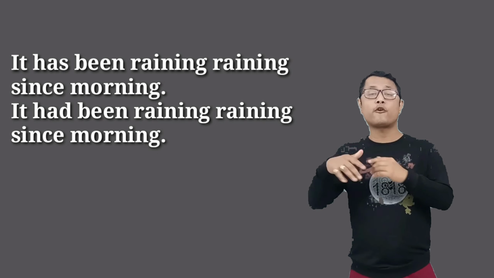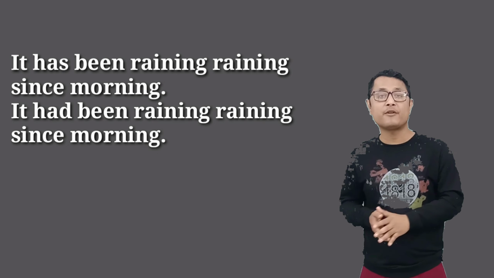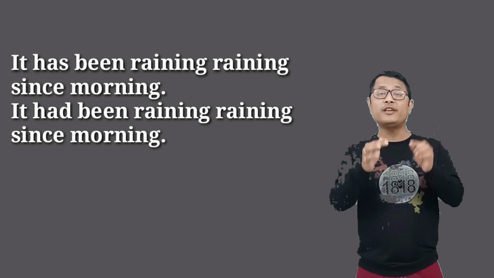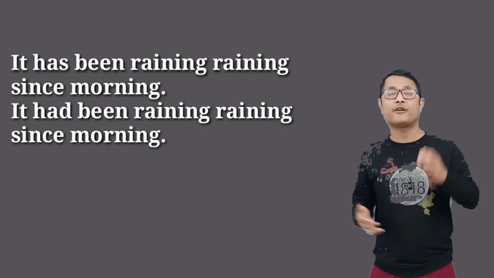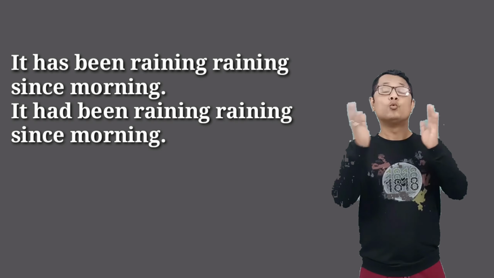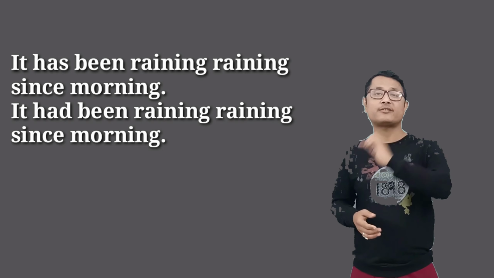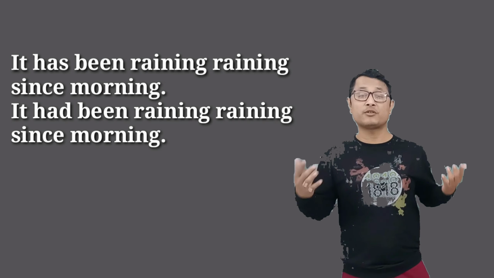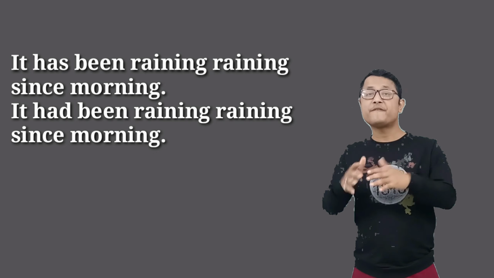So try to change the form of the verb, be verb and helping verb, and then you should try to know the meaning of the sentence. Only by changing the form of the be verb, verb and helping verb, we can form different sentences in different tenses. I hope you like this video. This was the second part of remembering tense.